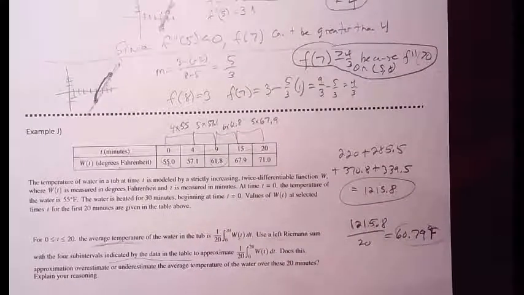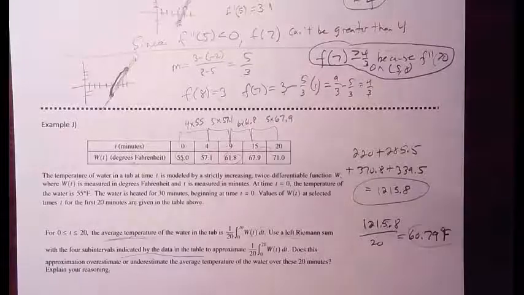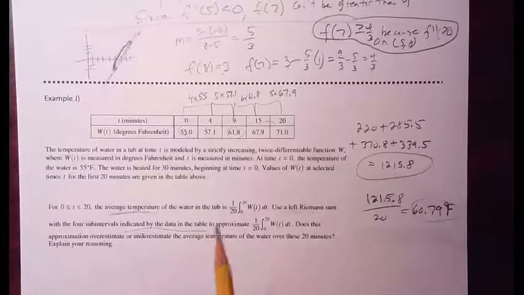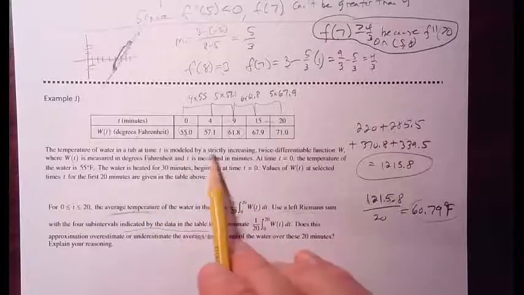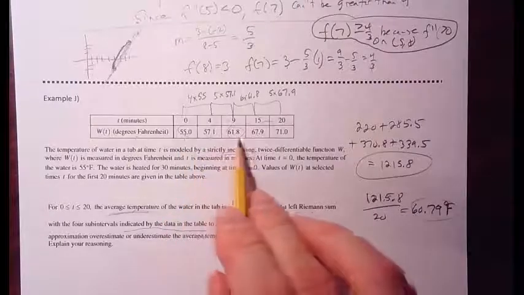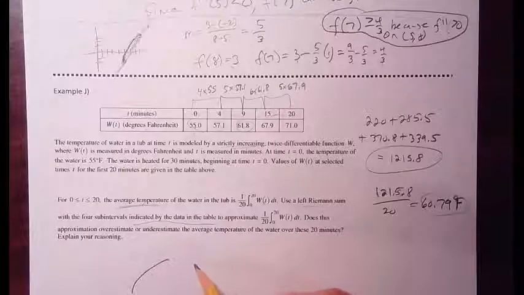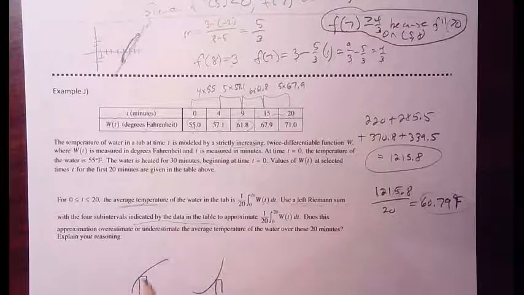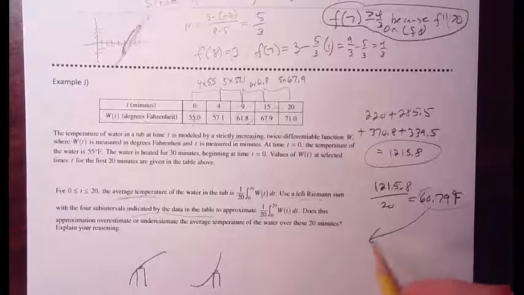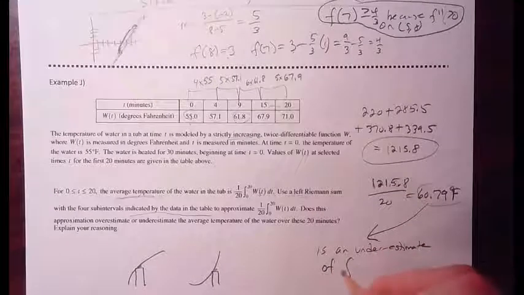Finally, it says, does this approximation overestimate or underestimate the average temperature of the water in these 20 minutes? Well, we know that the function is strictly increasing, which is consistent with the y values that we see here. So if we have something that is strictly increasing, that means the first derivative is positive. That means I either have this or I have this. In either event, I used left endpoint approximations. In either event, a left endpoint rectangle will be an underestimate of the true area under the curve. So I can say this is an underestimate of the actual value